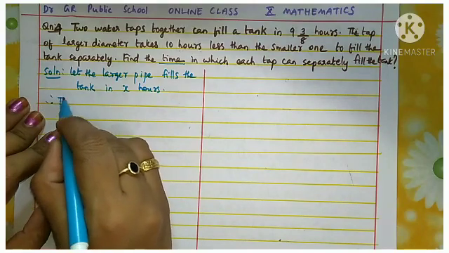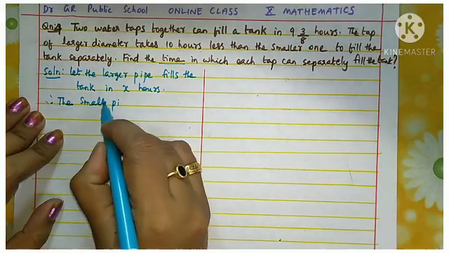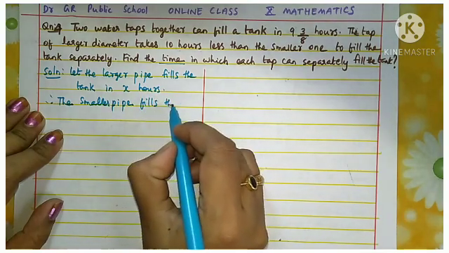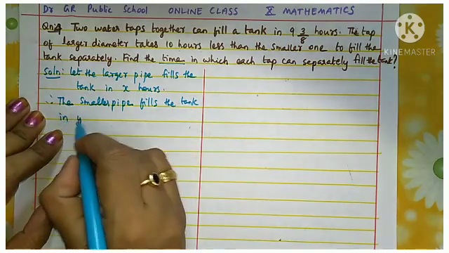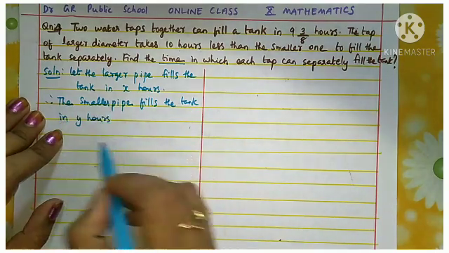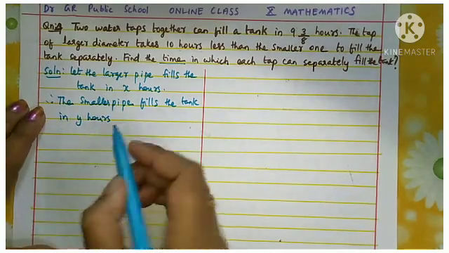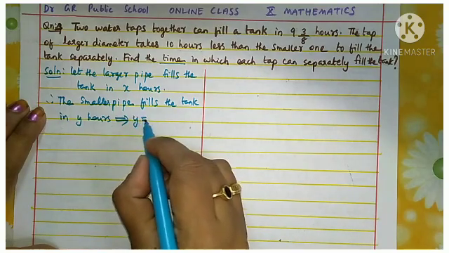Therefore the smaller pipe fills the tank in y hours. I have taken another variable for the smaller pipe, that is y hours, and this implies y is equal to,